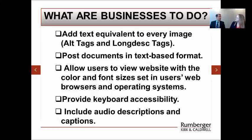So there are different tips that you're going to have to make sure that you can comply with. But the most important part is that they have to be text. They can't just be the images. They can't just be the electronic document. They have to be text. So that's the important message here. And that's sort of the level A compliance, then we can go to level AA, but these are some